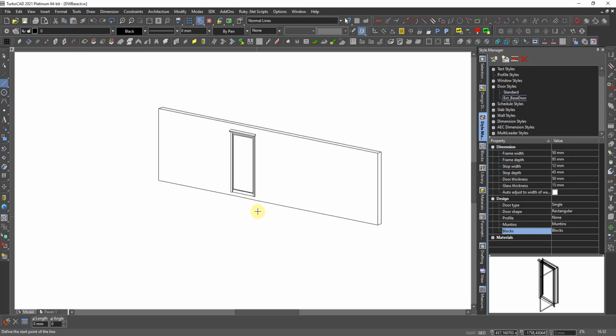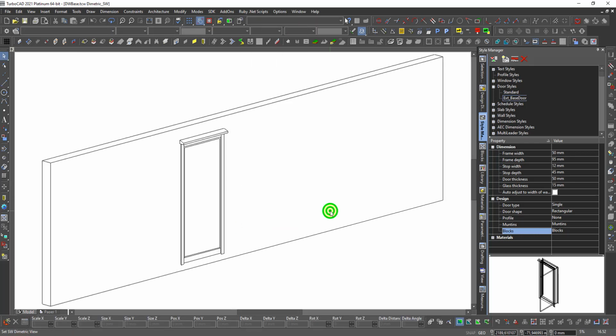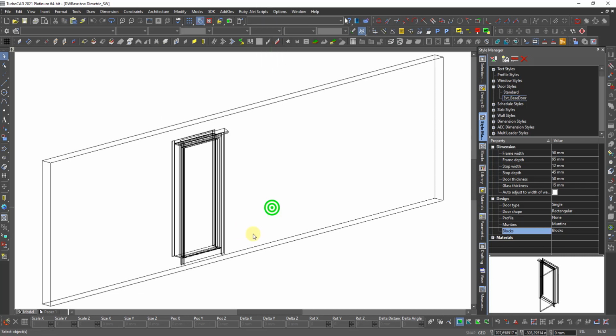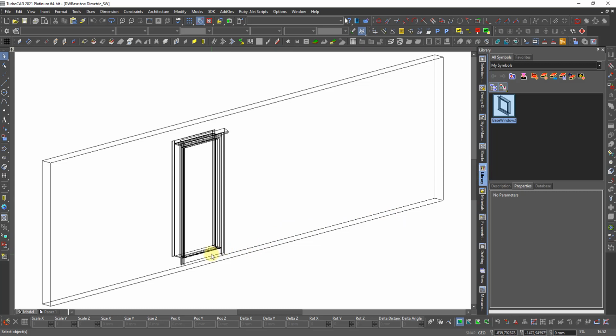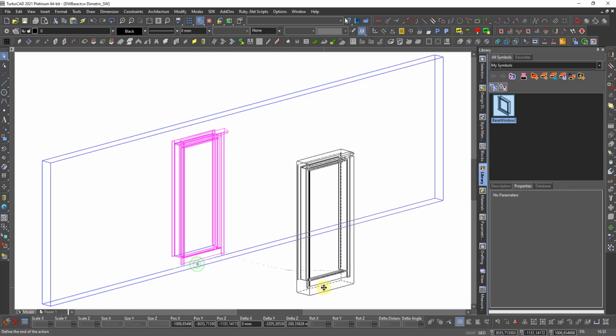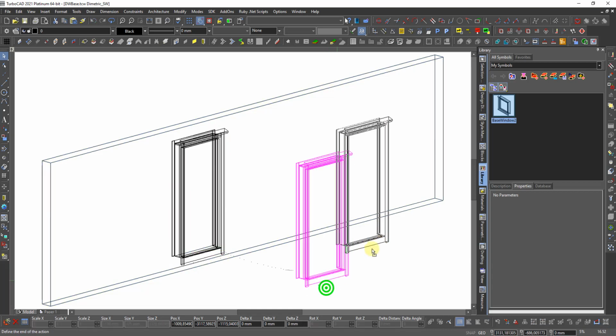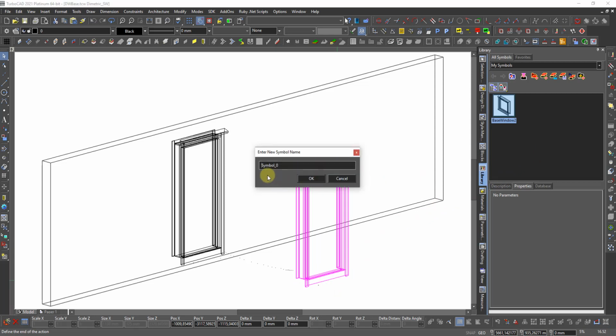Then it's the same thing. I will see it from here. I need to be in wireframe. I open my library. I take this door and I copy it. Don't want the wall. Control, copy, and I drag it in here. And that should be base